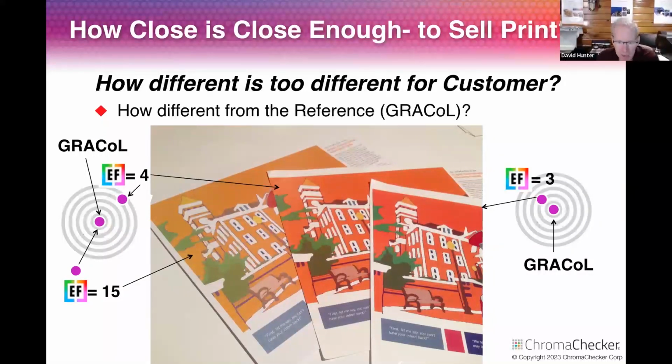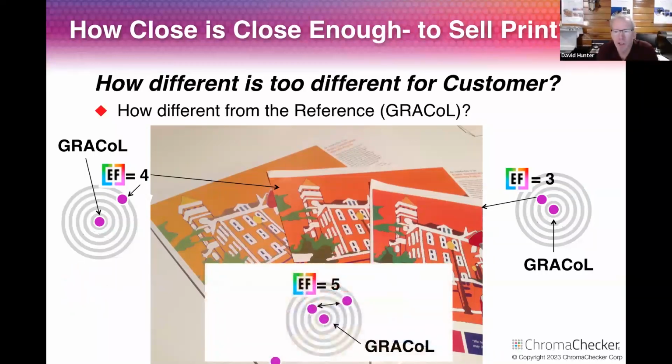Going back to this Clemson example, we can tell that the first sample on the right is a 3 E factor to Grackle. The second one is a 4 E factor to Grackle. The third one's a 15 E factor to Grackle. But what's probably more important is, what's the E factor between them? So how do you do this with G7